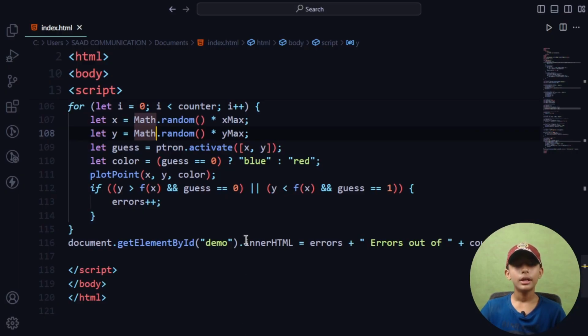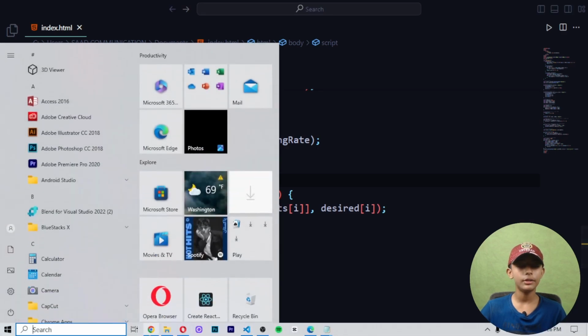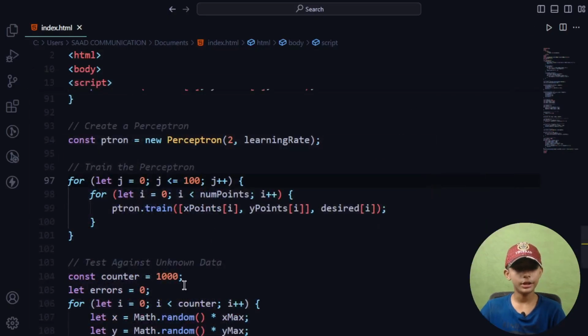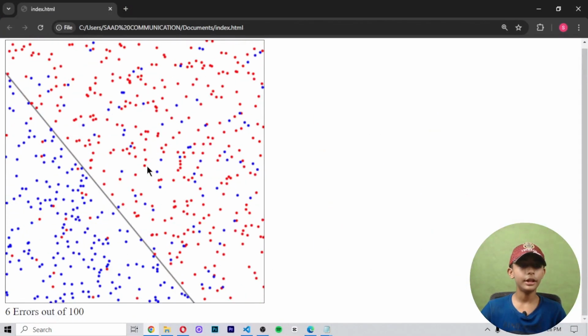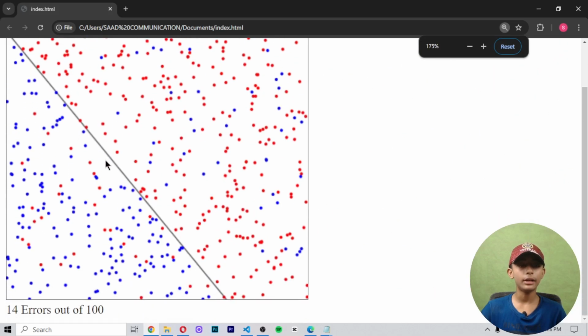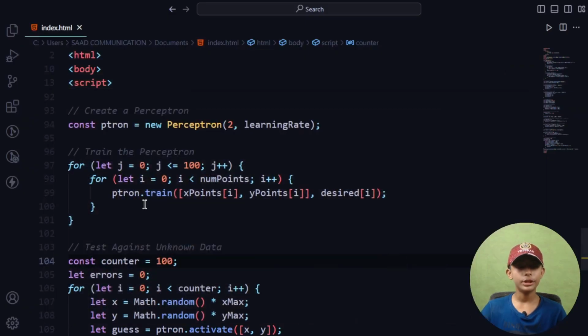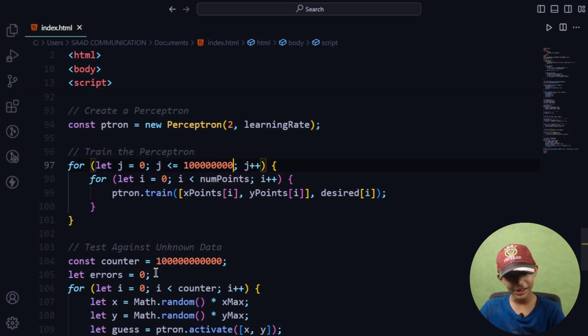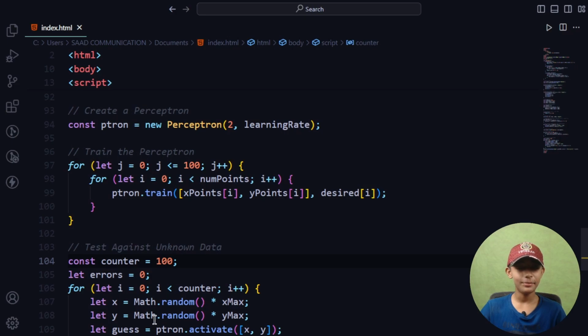Why is it changing? Because here I wrote 1 lakh. If I write only 100 here, then save it and run it, you can see it changes like that. You can see it changed from lakh to 100. Here you can see there are 100 dots in the box. If you change 100 to many zeros, and also write many zeros here, then save it and run it, it takes too much loading.